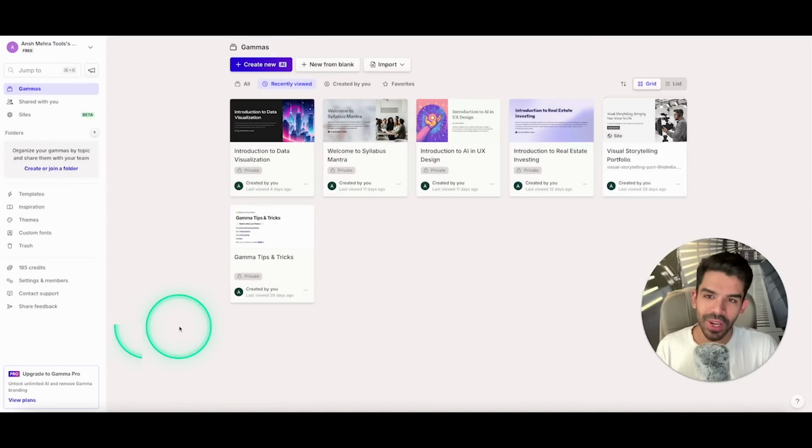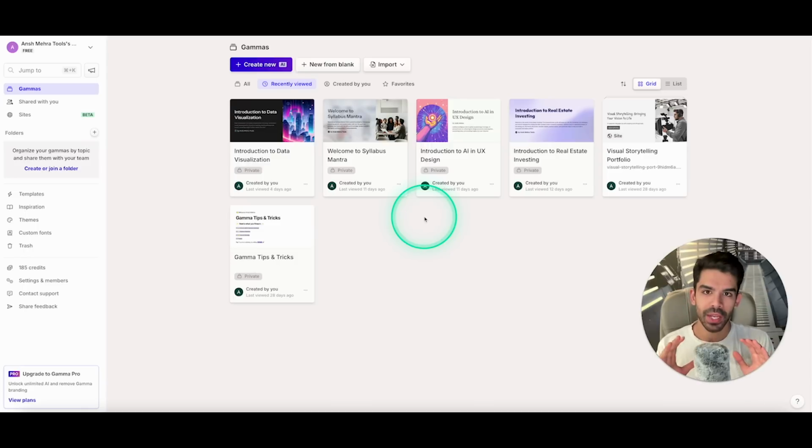Alright, so here we are in the dashboard. I am currently logged in, and if I click on Gammas, this is where you can see all of my Gammas. Now, before we start something, I want you to quickly understand the difference between a website, a presentation, and